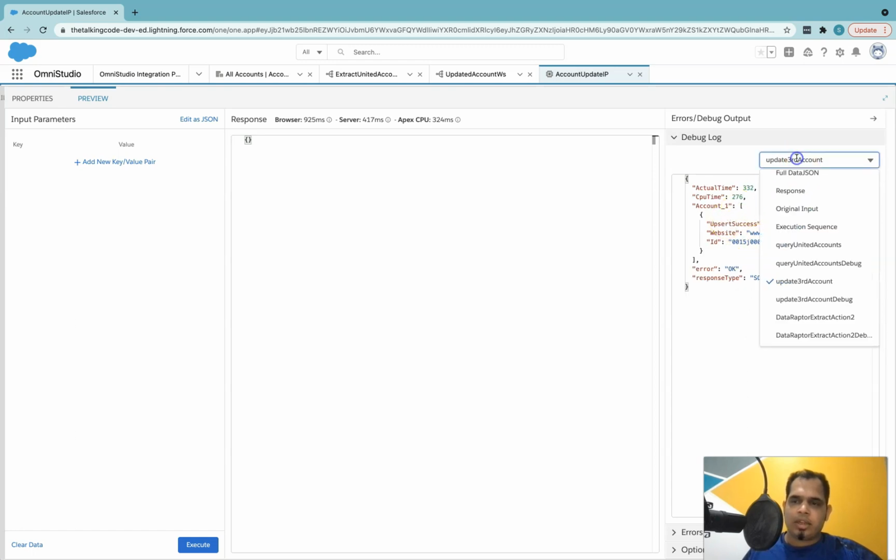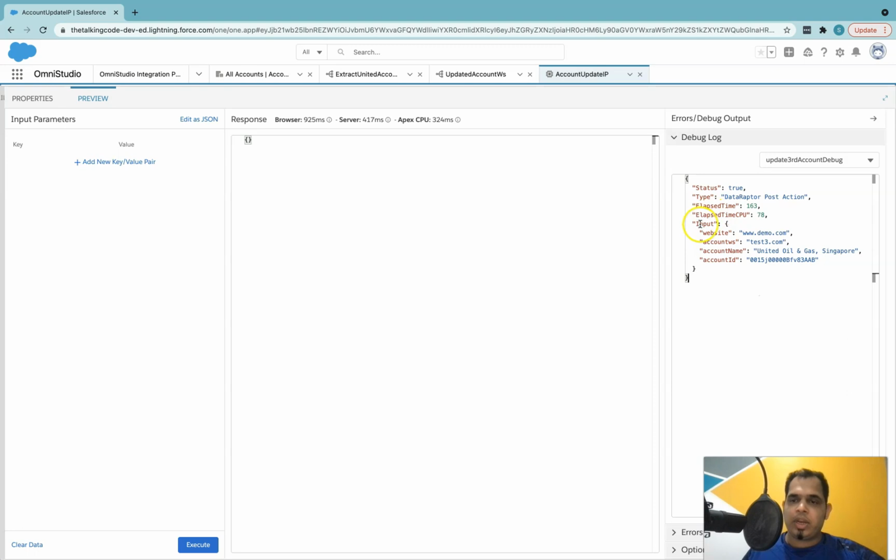And if you want to see what was the input to this, you can click on this update third account debug, which will exactly tell you the input here was website, which we passed as the additional parameter, and the account WS, account name, and account ID. It was the third item in the previous data raptor, so it was passed as the input of this second data raptor.